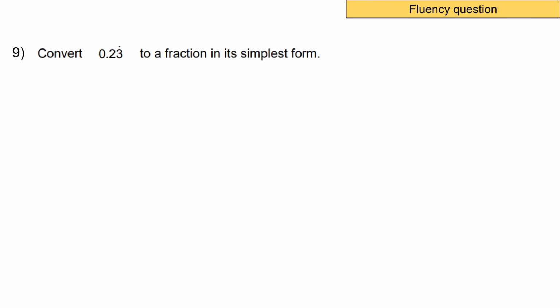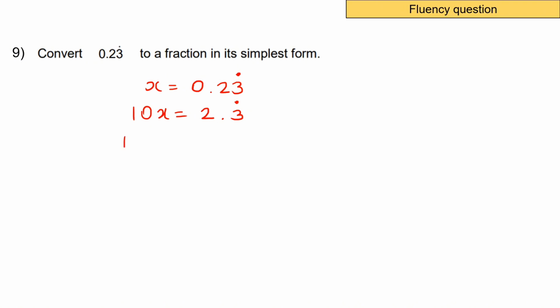Okay, question 9. Convert 0.23 recurring to a fraction in its simplest form. So x is going to be 0.23 with the 3 recurring. Remember, we're going to be taking this recurring decimal section to the left-hand side. So we need to times it by 10 first. If I have 10x, it's going to give me 2.3 recurring, and if I times this by another 10,